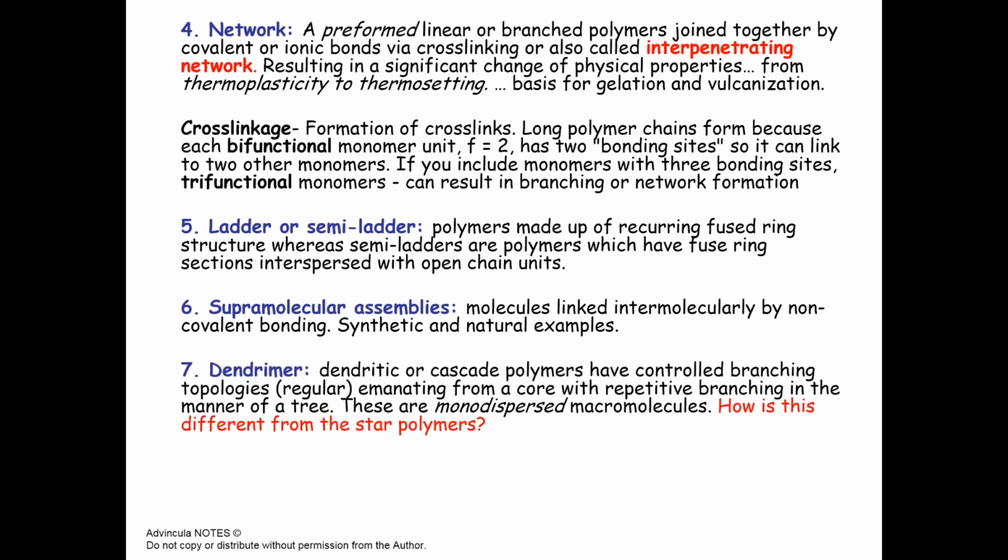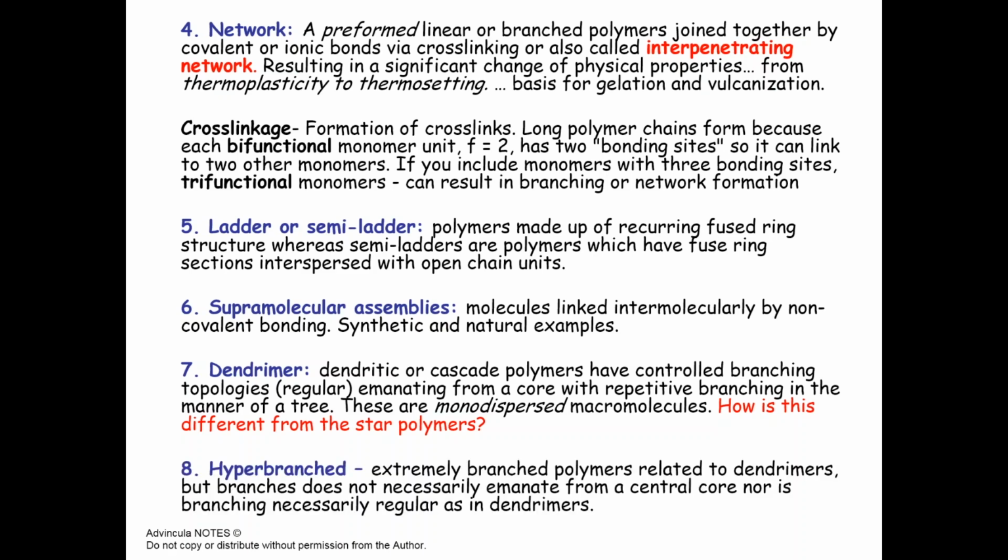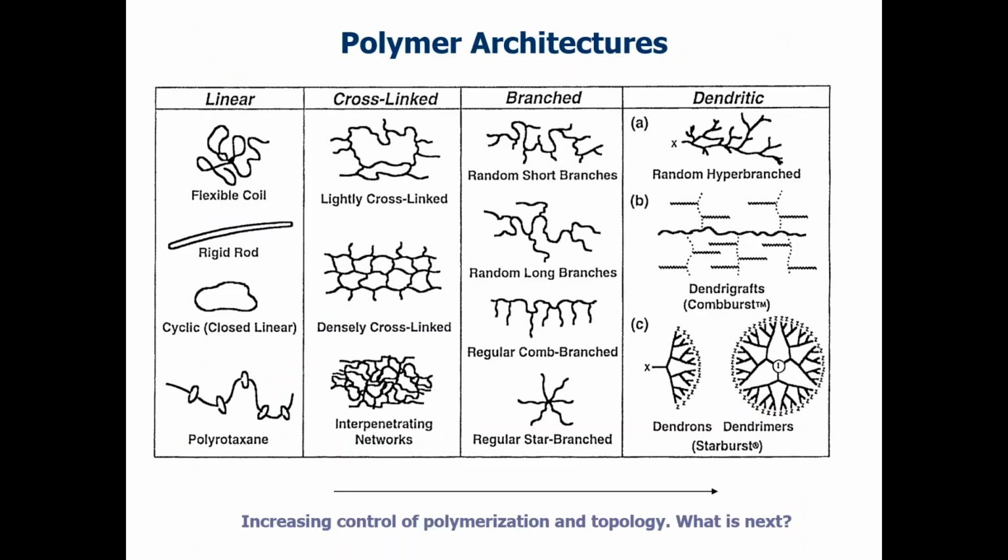Dendrimer is a form of branched polymer but is highly regular and topological. And then we call polymers that are hyperbranched, made up of polymers that have dendritic or fractal growth in branching. So this is a representation of the different polymer architectures that have been reported and investigated. Now, we don't have much time, but suffice it to say that the architecture, the linearity, the branching defines some